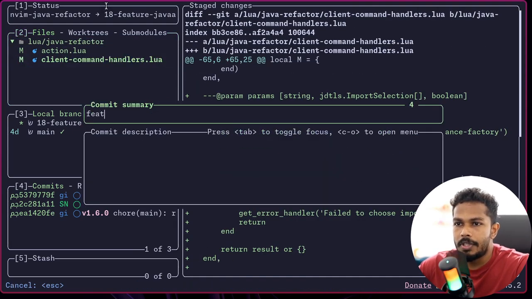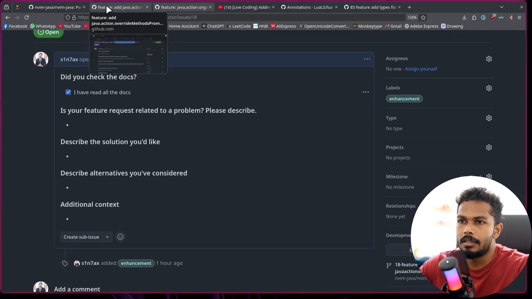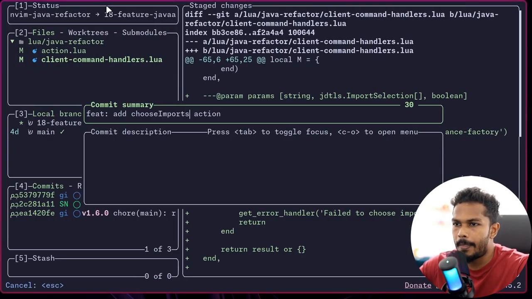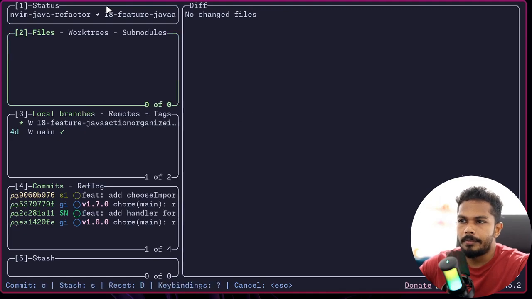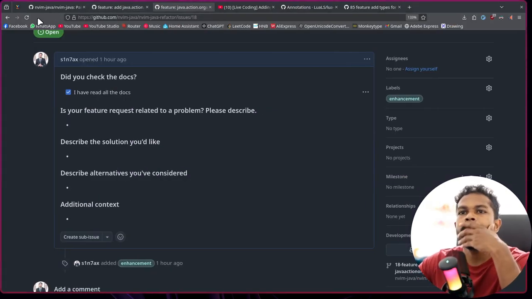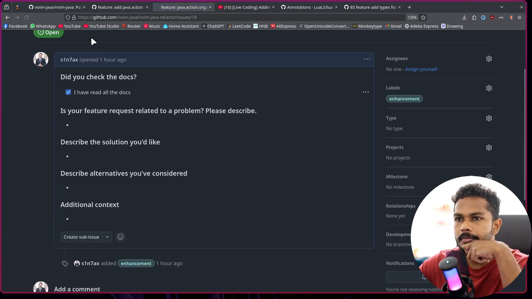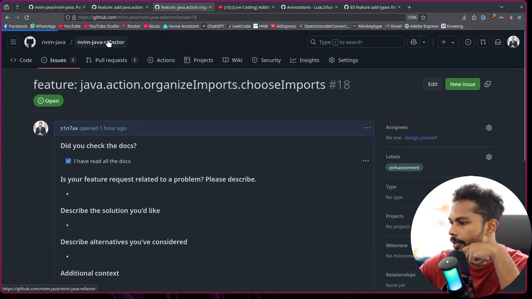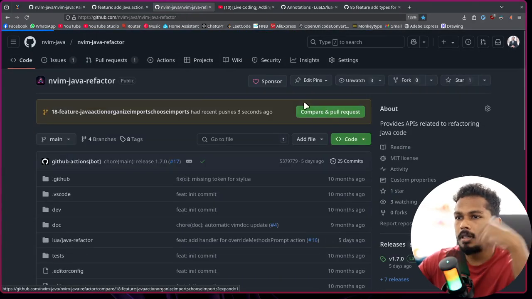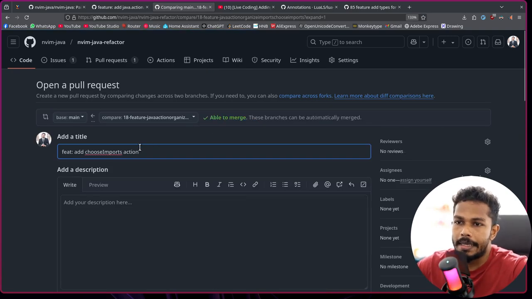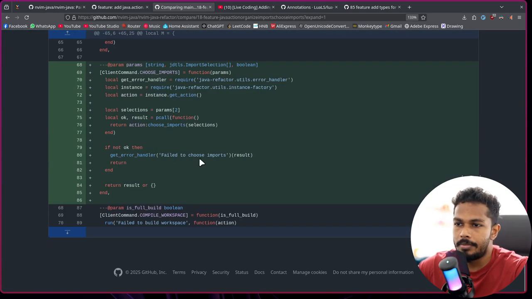So feature add choose import action. Okay, there we go. Create a PR, and yep,